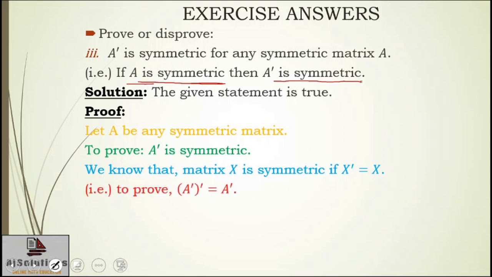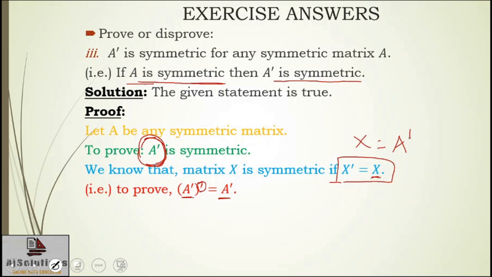So that is to prove the transpose of this matrix equals the same. So you can see the transpose of this matrix equals the same, and if we get this, that means A transpose is symmetric. Or in other words, I can say, in place of X in this, you put A transpose.